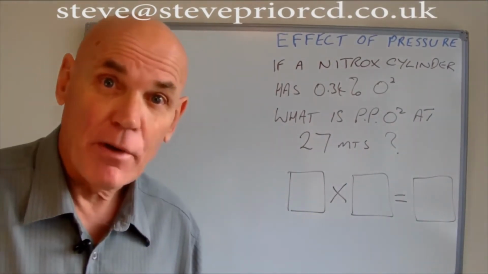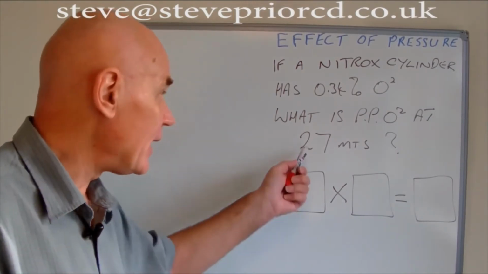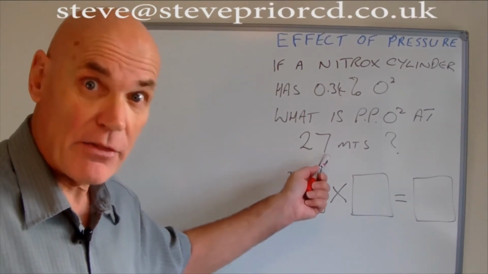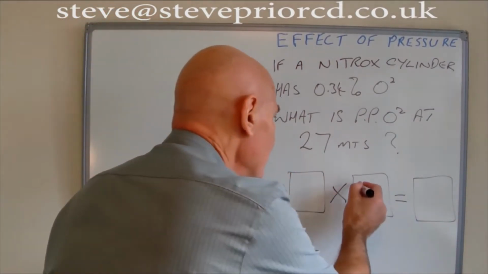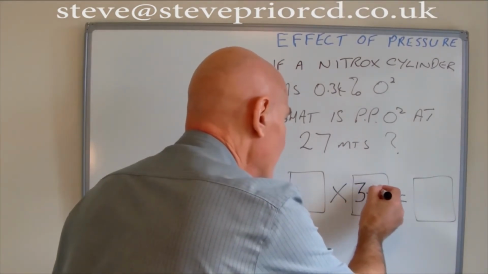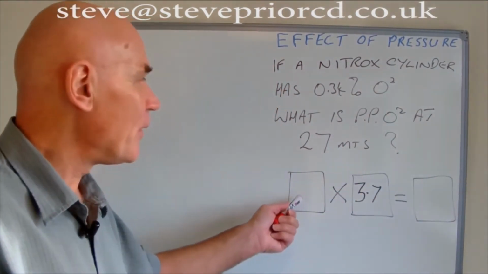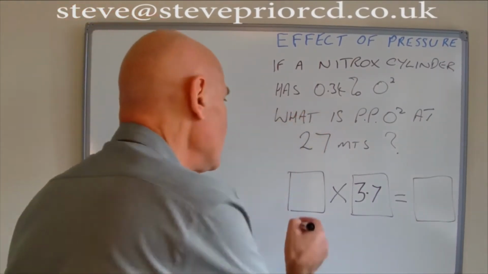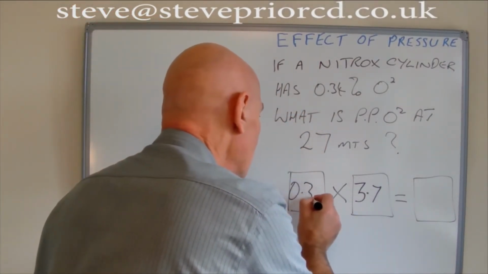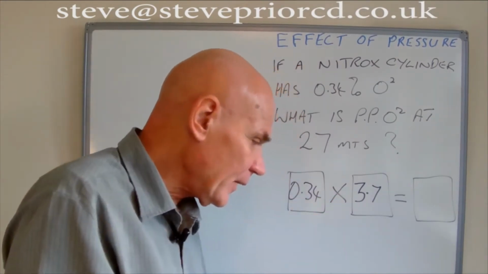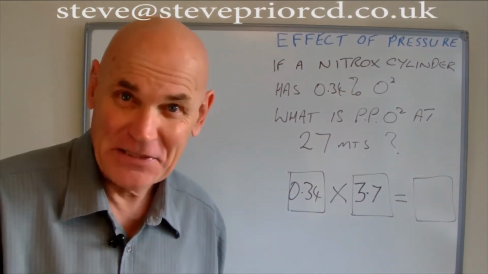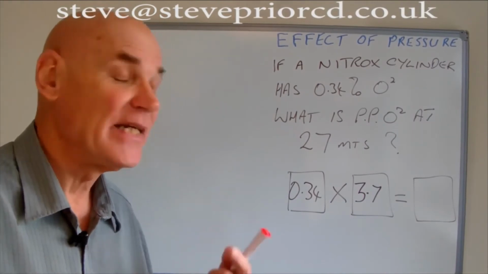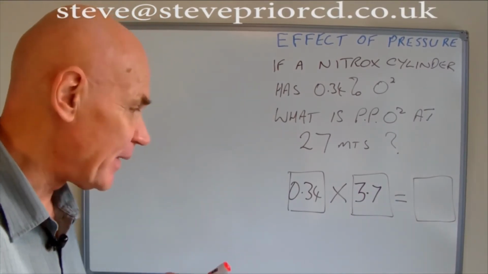The next thing we're going to pop in here is the absolute pressure at 27 meters, which is 3.7 atmospheres. And in this box here, we're going to put the number 0.34, that's the percentage of oxygen. And you definitely need a calculator for this one, I would suggest, but you put those numbers in, and I've already worked it out, it's going to be